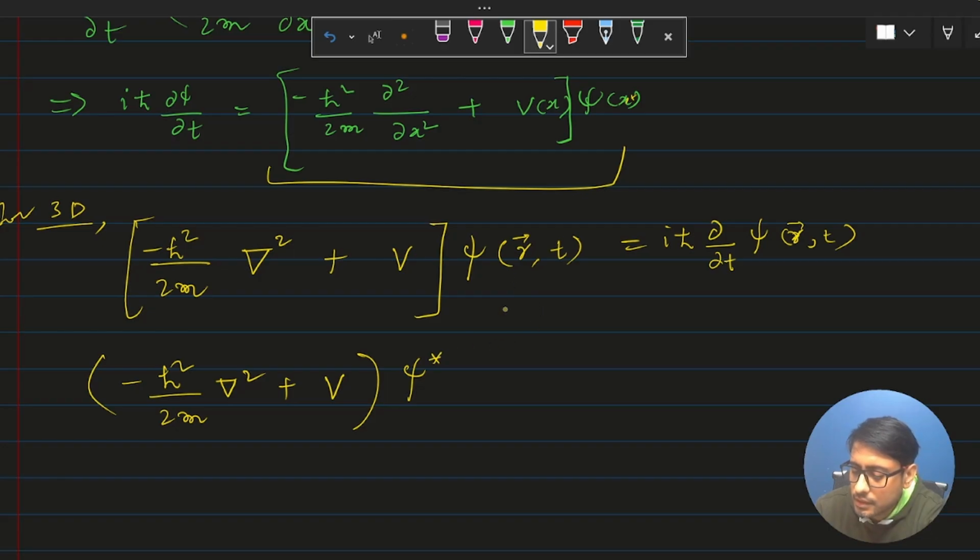We are just writing the conjugate equation. If we take the complex conjugate of both the sides,